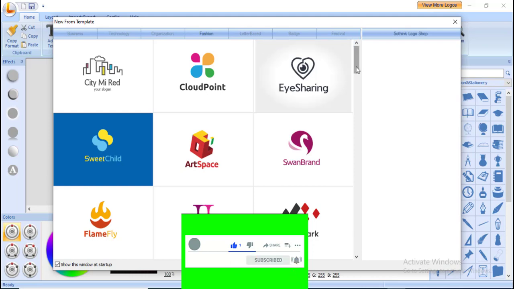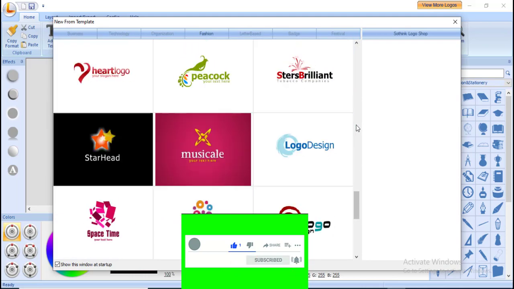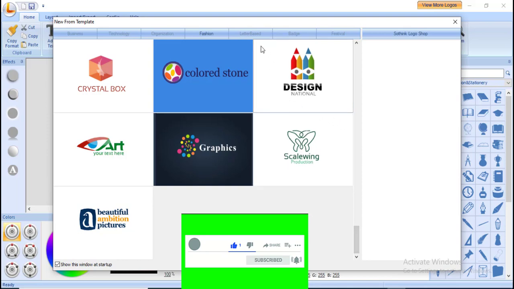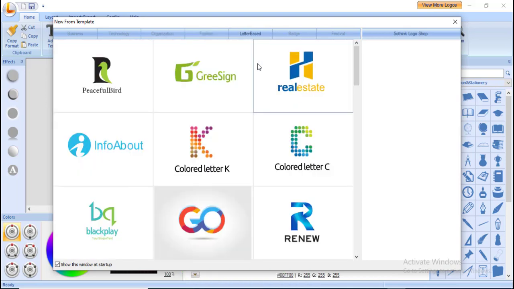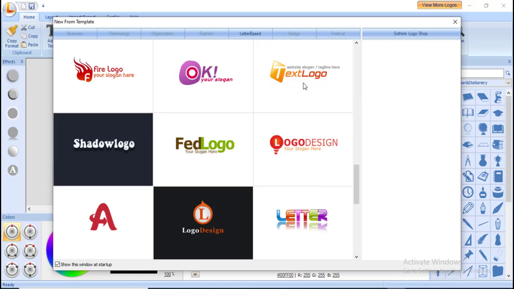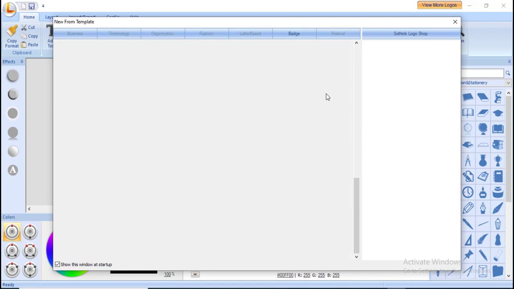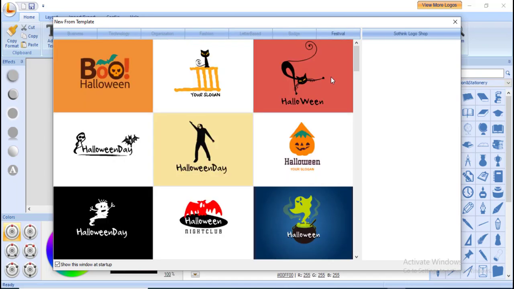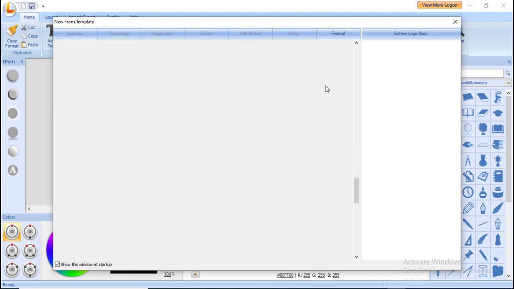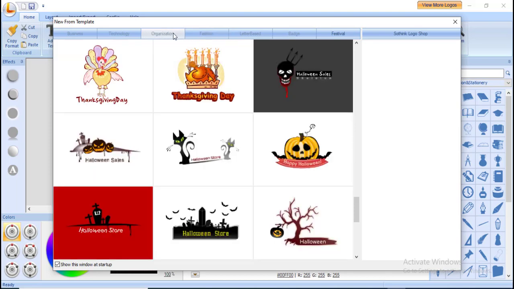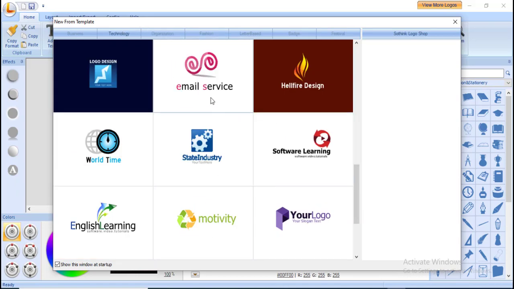Likewise, under version we have like 99 designs which you can just do a little tweak to. Likewise, under letter based logo we have a lot of templates here. We have badge logo design, we have festival logo design. This logo design maker is one of the best logo makers out there. You don't need to have any knowledge about how to design a logo. Okay, let's choose any of the templates under this